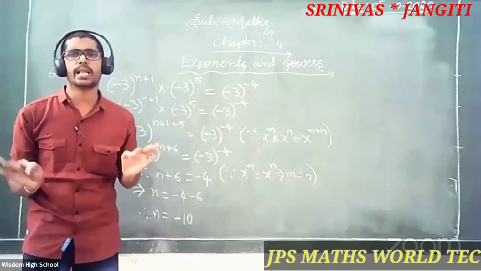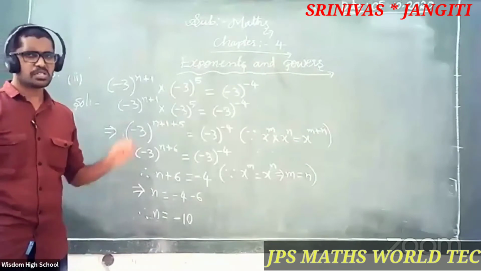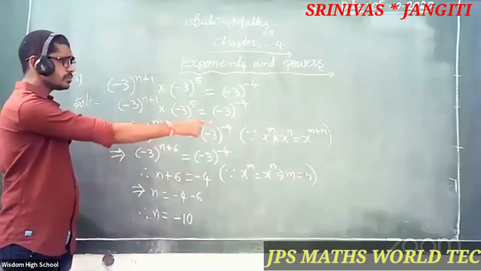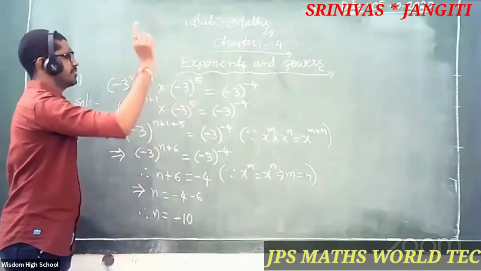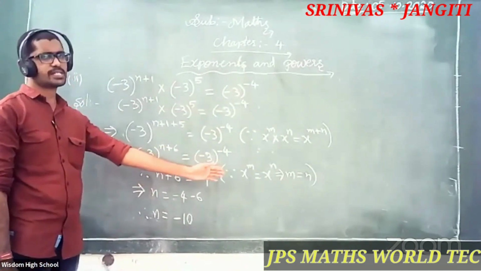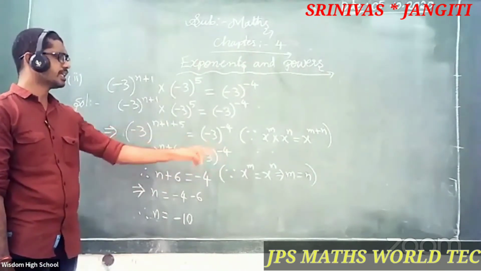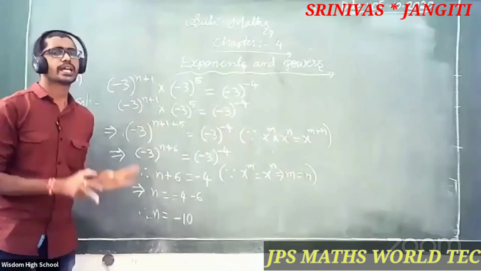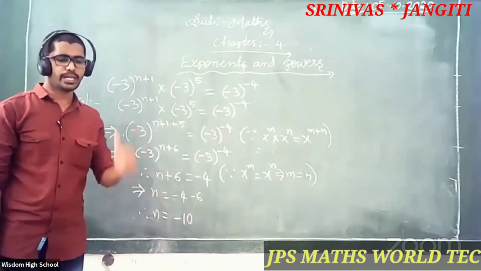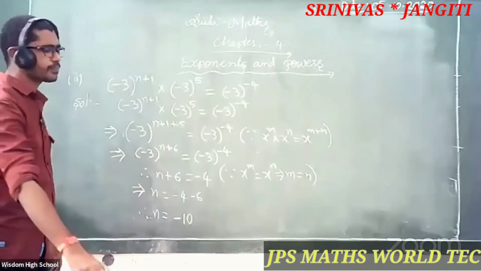So simple. Did you understand, students? Very good. Note down. It is so simple. We just observe two laws. One is x to the power of m into x to the power of n is equal to x to the power of m plus n. The other one is, when the bases are equal, then the exponents are equal. That is, x to the power of m is equal to x to the power of n implies m is equal to n. It is so simple. Clear? Very good. Note down.